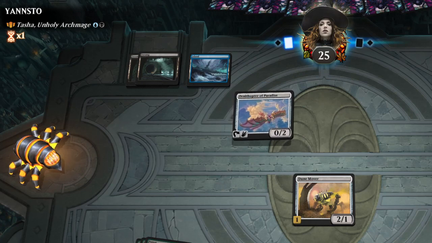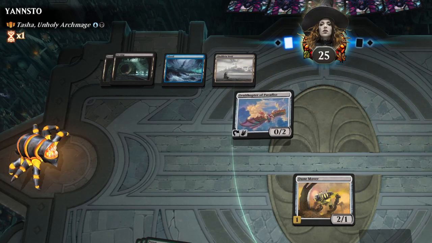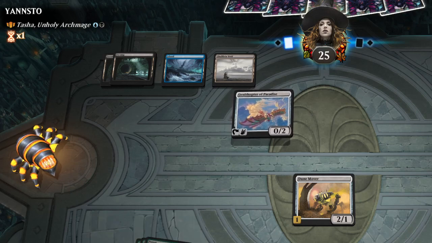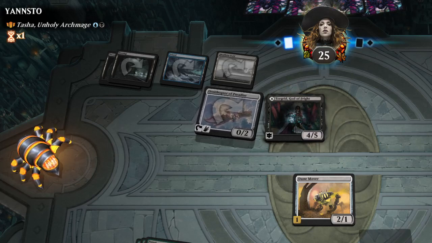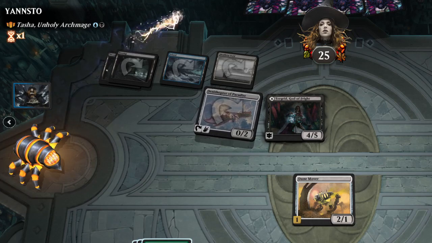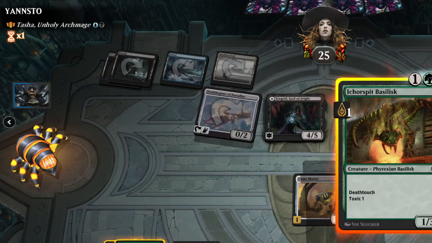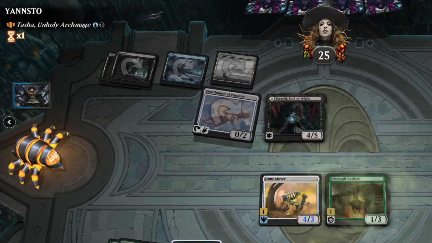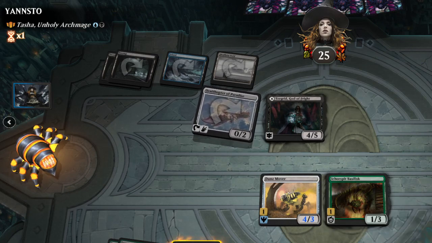Because I have to build past it to be able to do things. So that's an issue. So Tasha is very dangerous, in general, not just to this deck. Don't try anything cheeky now. I am going to need to be even bigger. But on the other hand,